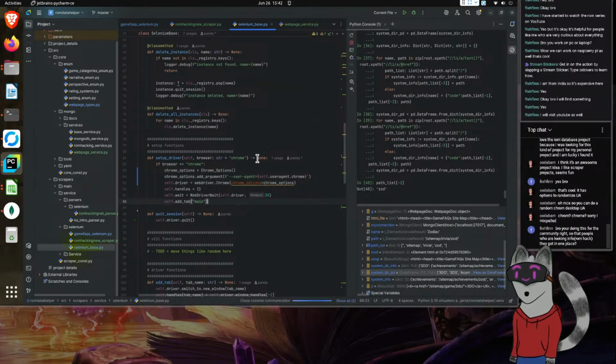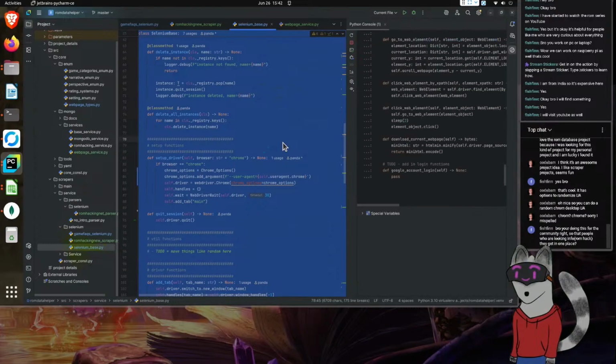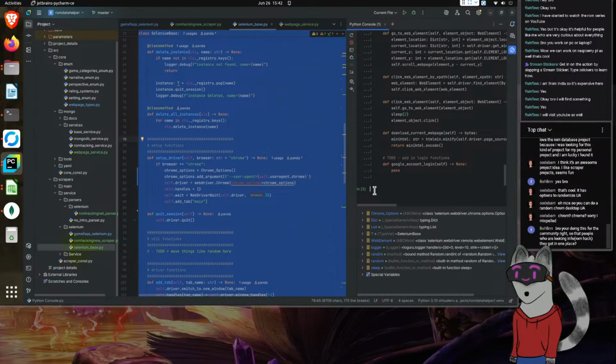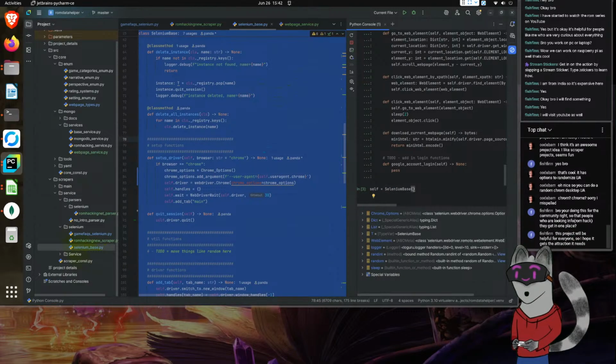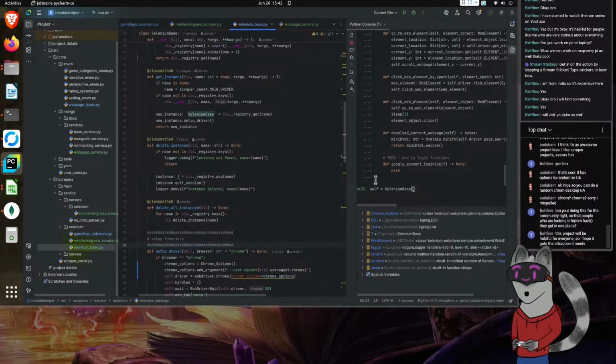So let's go ahead and run this. Let's see here. Self dot Selenium base. Actually, I should probably do get instance, since that's how I have it set up.